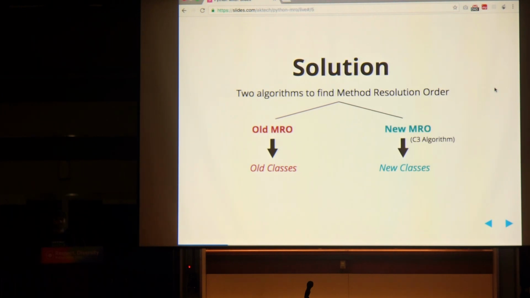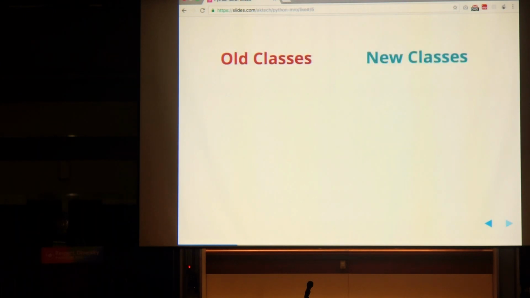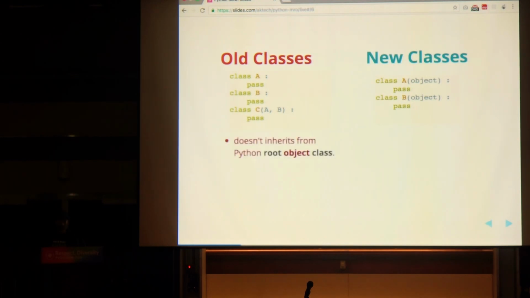Python has a thing called old classes and new classes. Let me show you what it is. This is how old classes look, and you can see there's no object required in the brackets in old classes, and in new classes you write this object thing.